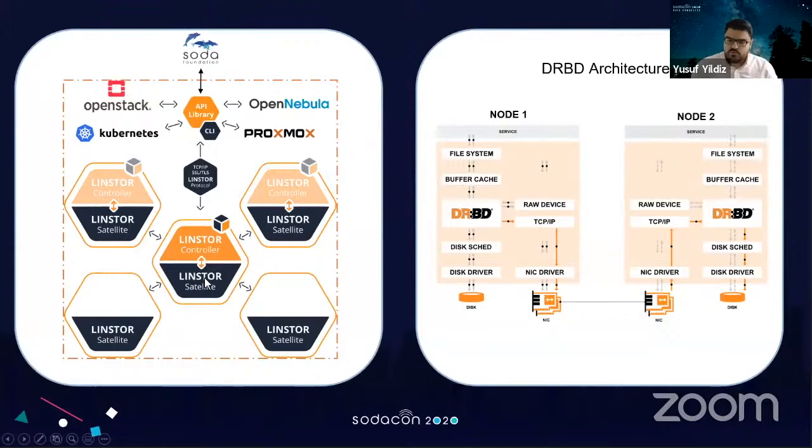Both the LINSTOR controller and the LINSTOR satellite are stateless, and you can easily upgrade, downgrade, shut down, move, whatever you like. As you can see here, the LINSTOR controller is only 1, but it can be highly available in any system, also in Kubernetes. But the satellites need to be installed on each and every node here. So this is basically what LINSTOR is, what DRBD is. DRBD is a replication technology that is